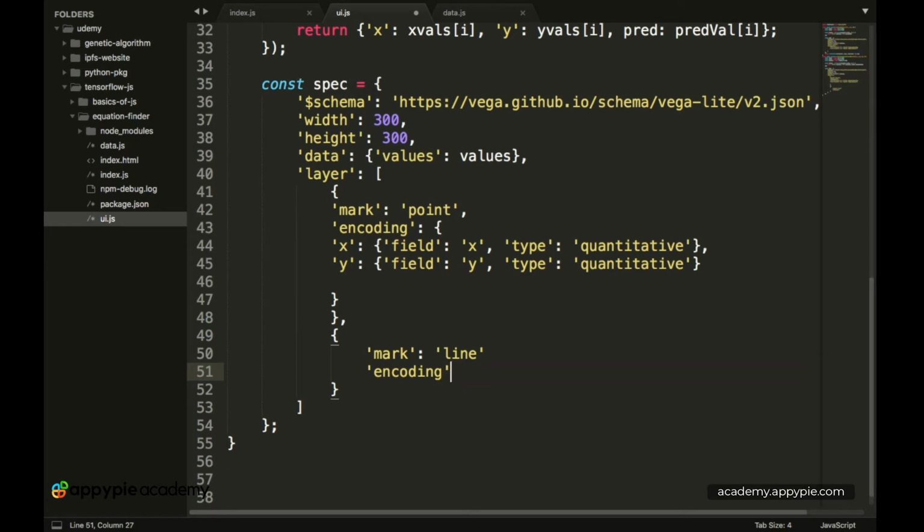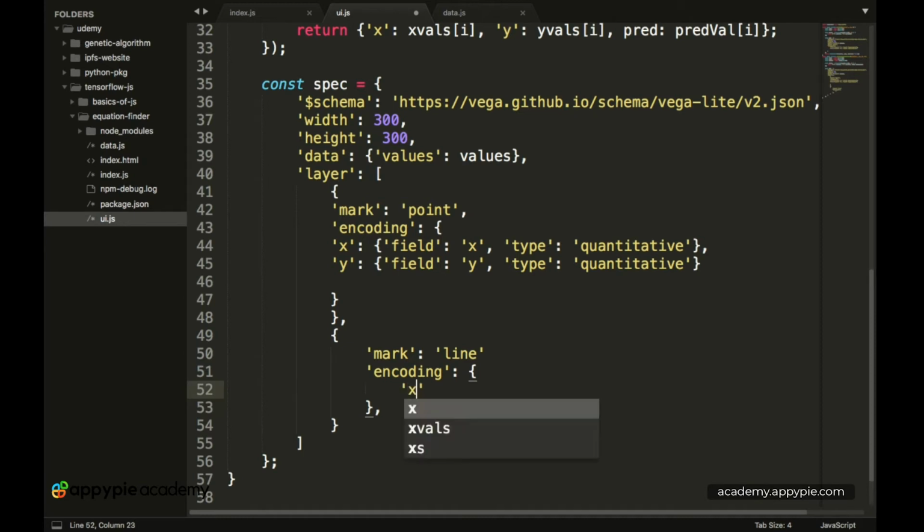Okay, so now the encoding is basically equal to, this will again take in a nested JSON object. Okay, so now inside of encoding, we basically have to put in the x and the y values. Let's first put a comma after encoding. Okay, so now we have to put in the x and the y values over here.